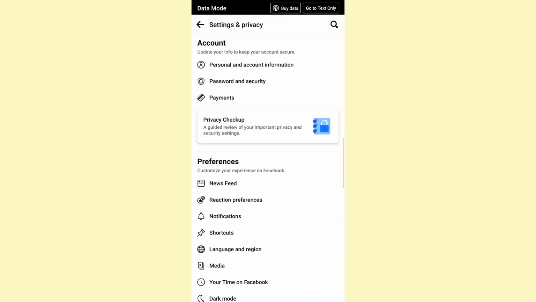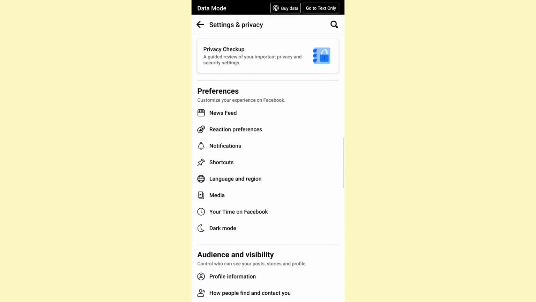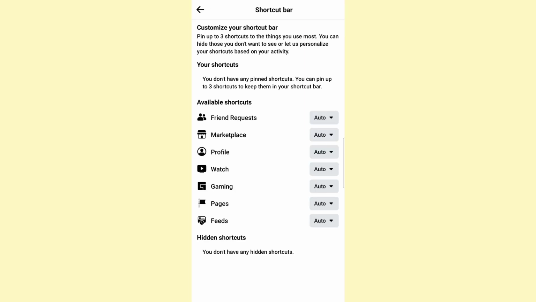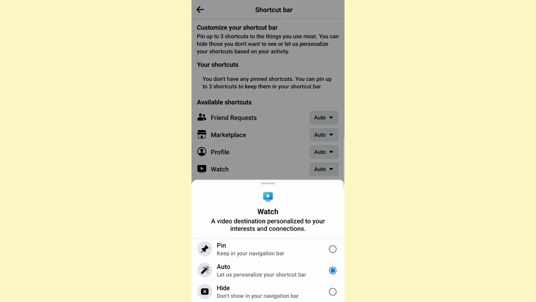go to your settings, and here scroll down to the preferences section, and then click on shortcuts, then click on shortcut bar. And here in the available shortcuts section, you can see the watch icon with a drop down menu next to it, so click on it, and from these options select pin to keep this shortcut in your navigation